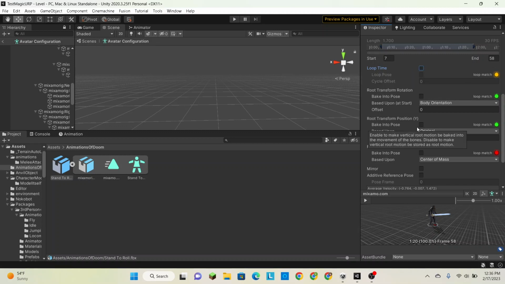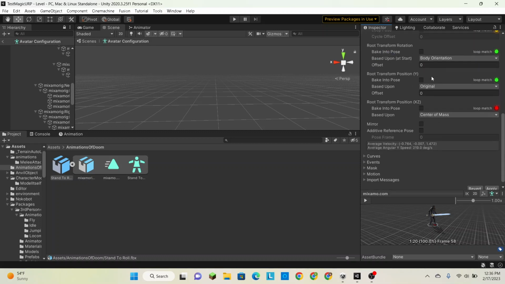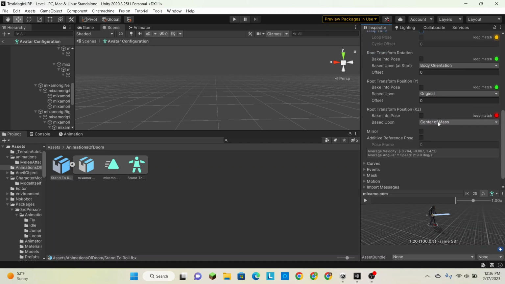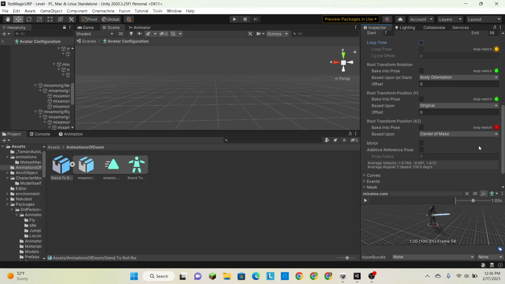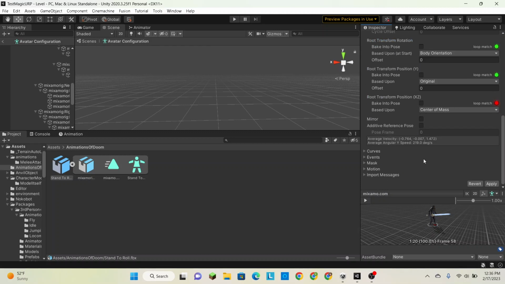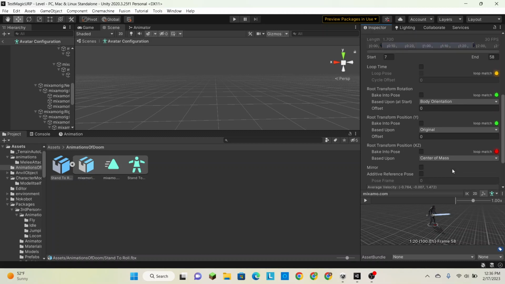So it makes it loop, of course. For now, we don't really need to mess with any of these because we can always come back and change them, and you'll see what I mean if we have to change them. So we click apply, and now,